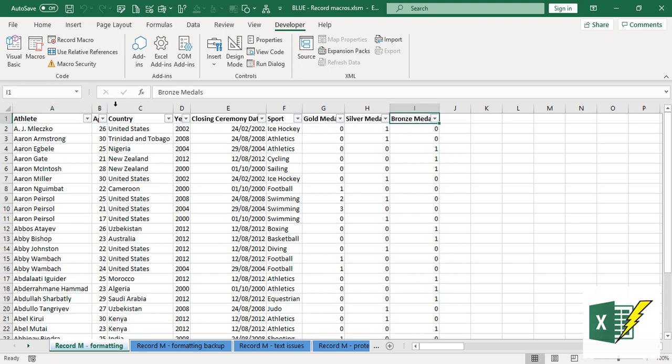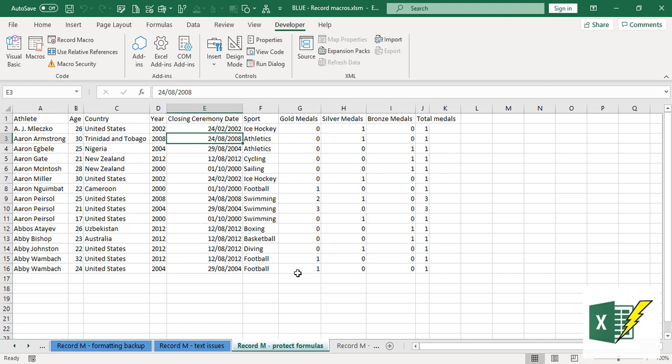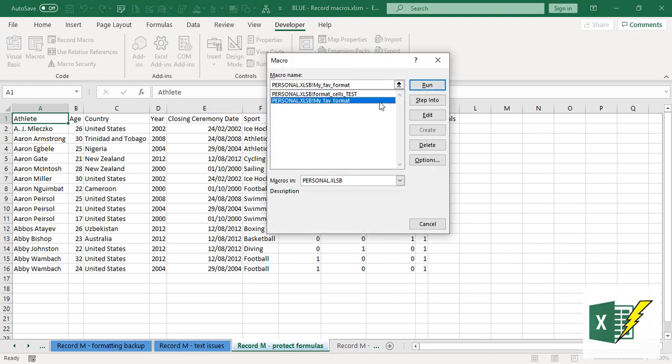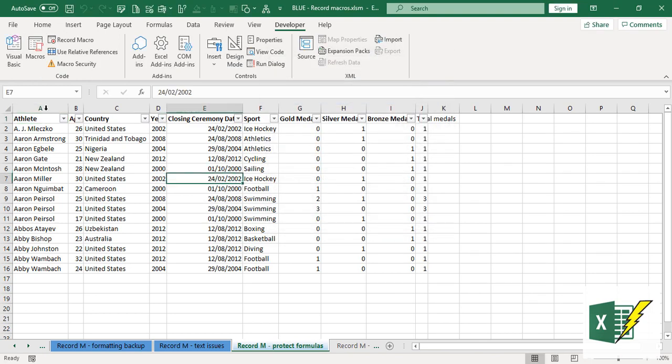So we'll stop doing all the tasks up to I1. Okay, so let me show you and you'll see this visually here where we have a different tab and we have more columns. There is one more column that it's not formatted with bold and it's not auto fitted. So now when I run the macro here, yeah, it does the job for A to I, but J is left out because it's not part of